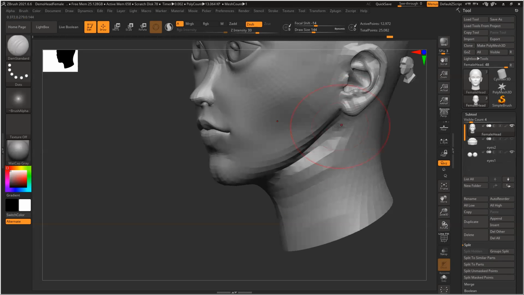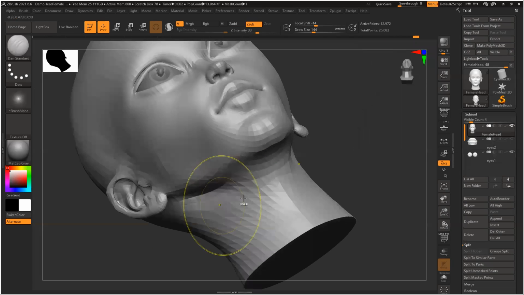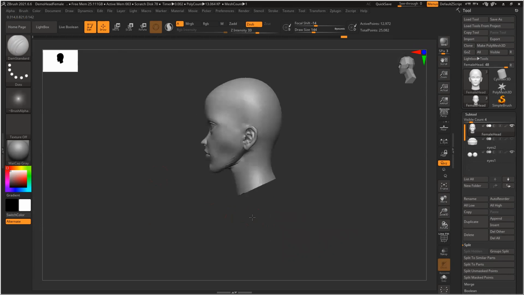Make this thing really defined, because the neck is really thin. You can see a clear distance difference between your neck and head. Don't worry, that is something we'll fix.